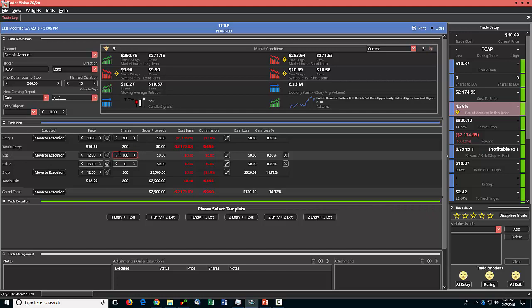So let's look at what a 100 and 100 split of stocks does for us. It shows us that yes, we're a little bit large on the entry. We've got about a $21.75 entry cost. If we were stopped out,